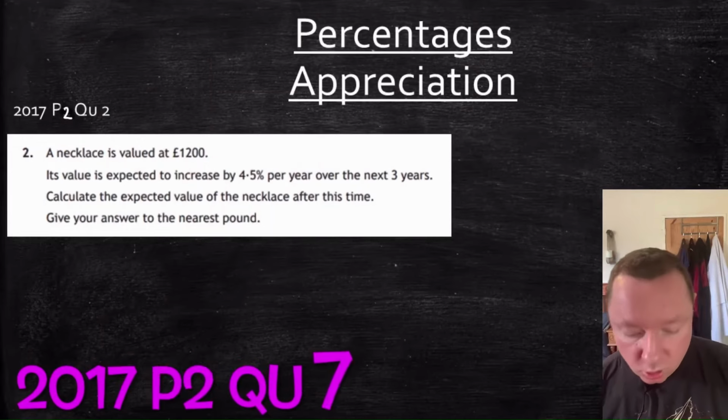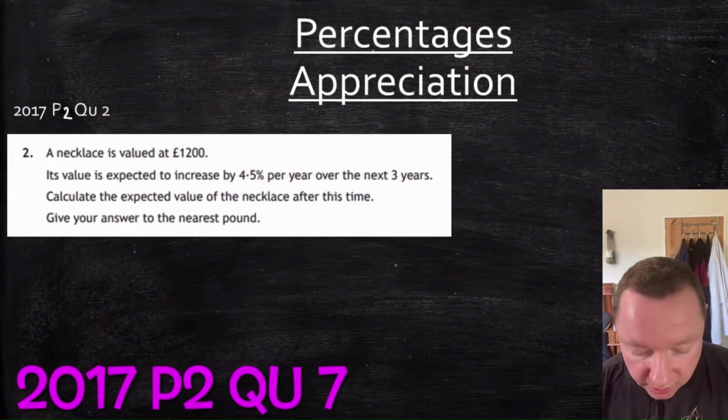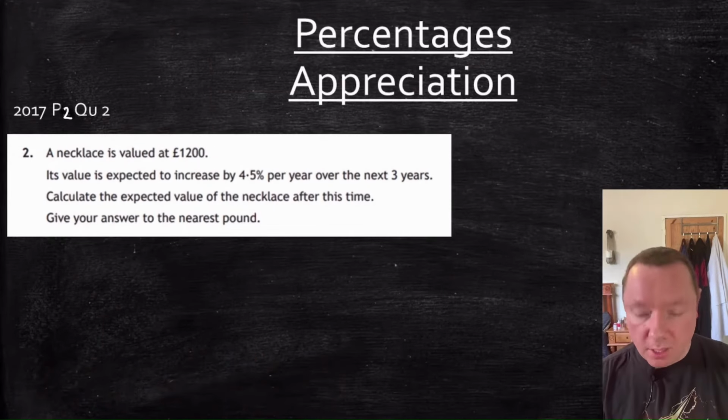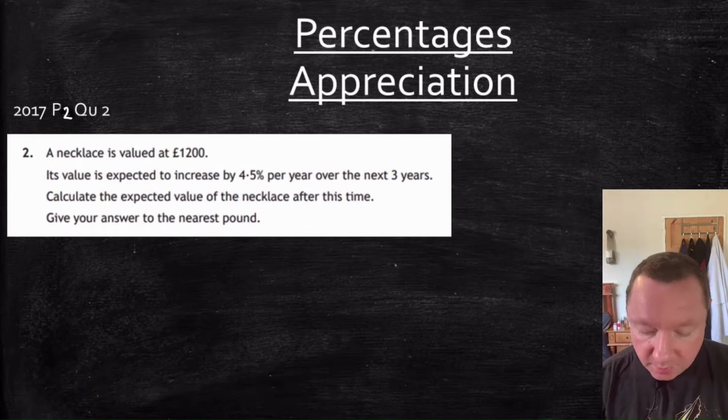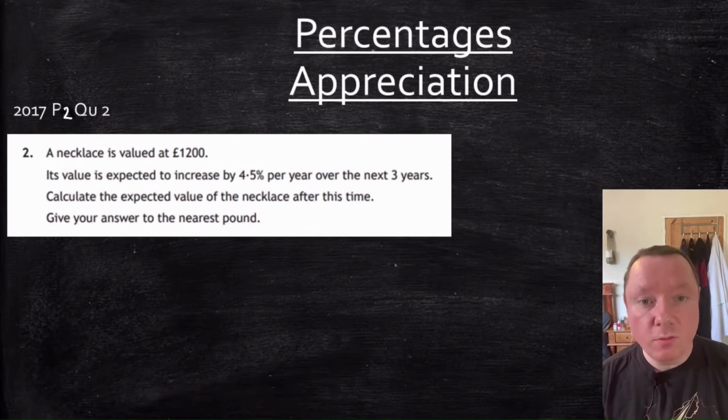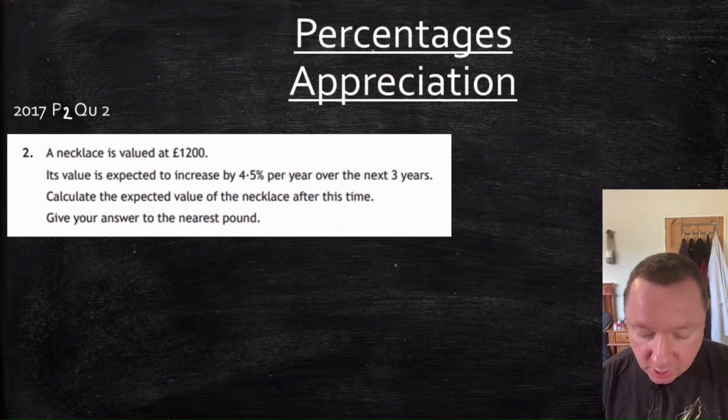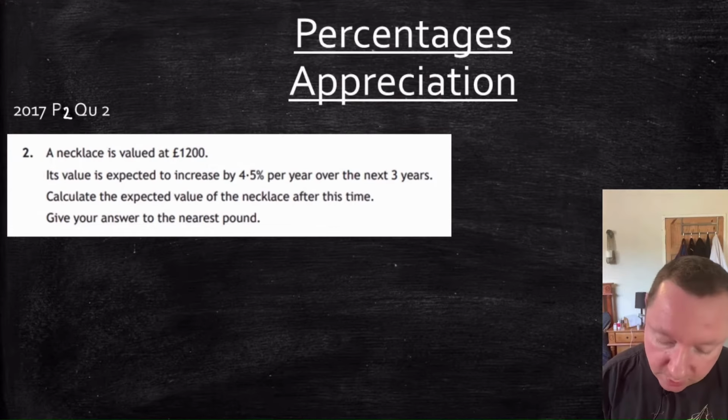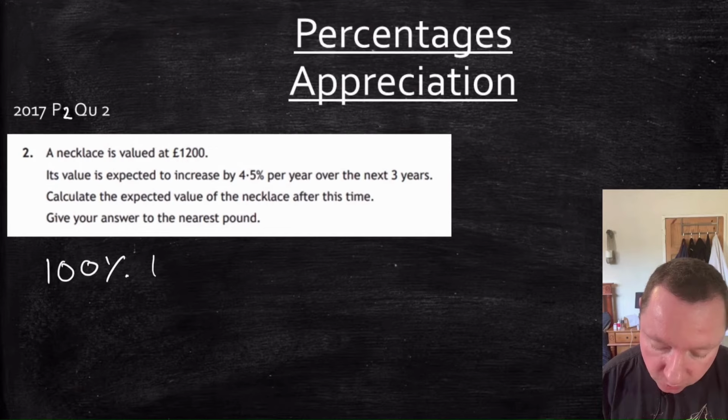Okay, now question 2017 paper 2 question 2 says a necklace is valued at £1,200. It's expected to increase by 4.5% per year over the next 3 years. Calculate its expected value after this time. Give your answers to the nearest pound. Be careful, remember to round. So let's start the same way. Our multiplier, 100% plus 4.5%, that's